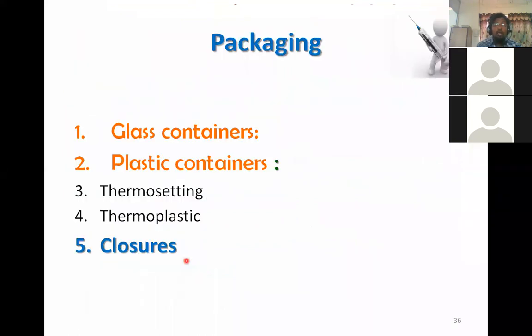You can see. Coming to packing, packing is very important. Glass containers and plastic containers are generally used, right? Especially closures are made of rubber for multiple dosage drugs, like vials. We generally use thermosetting and thermoplastic closures, right? Again, it is sealed with an aluminum foil, aluminum cap. So these are the closures, and containers are generally